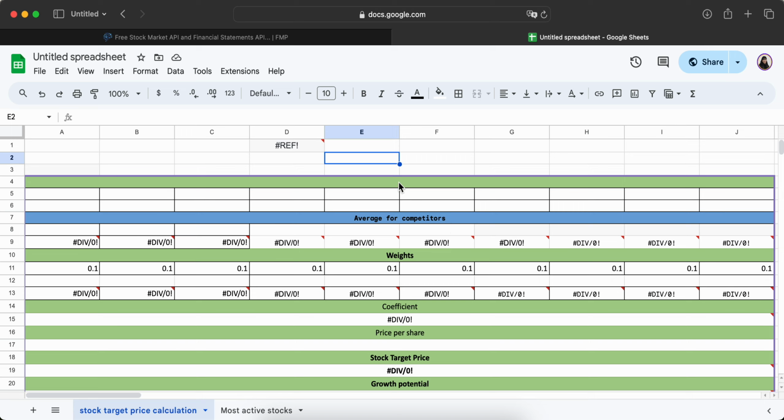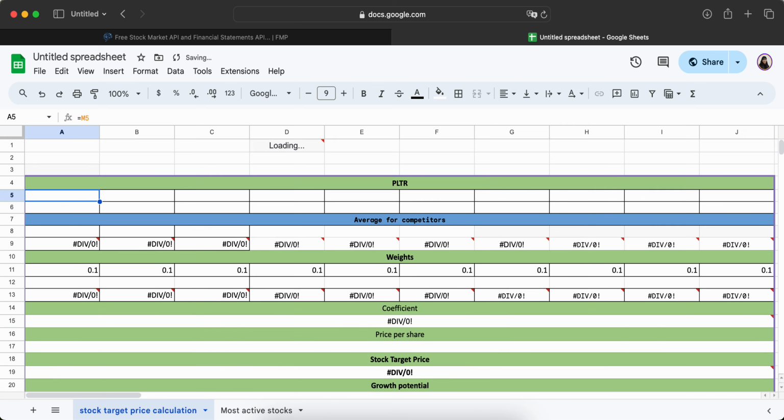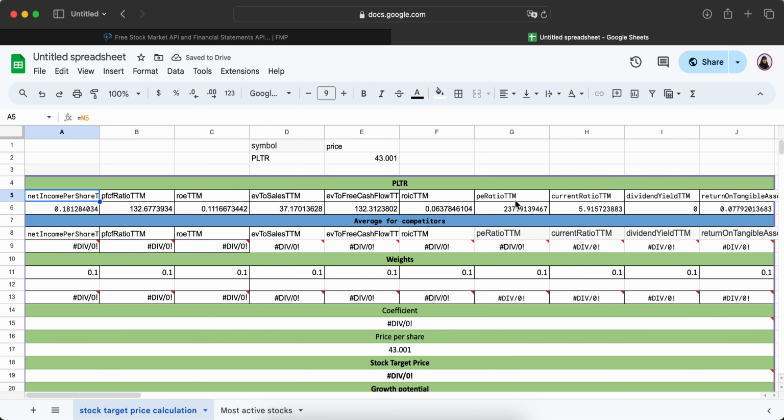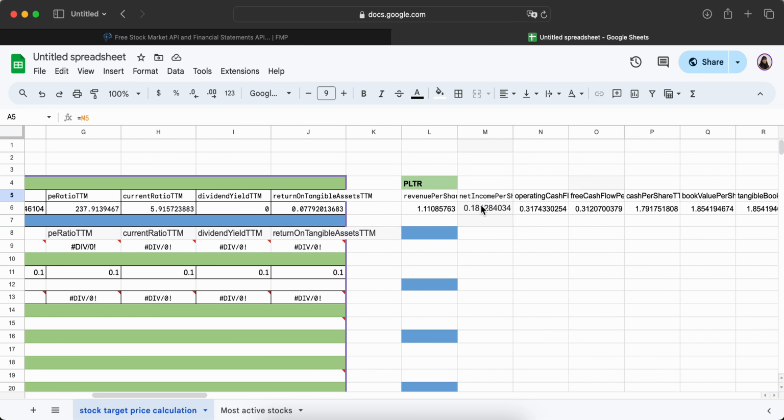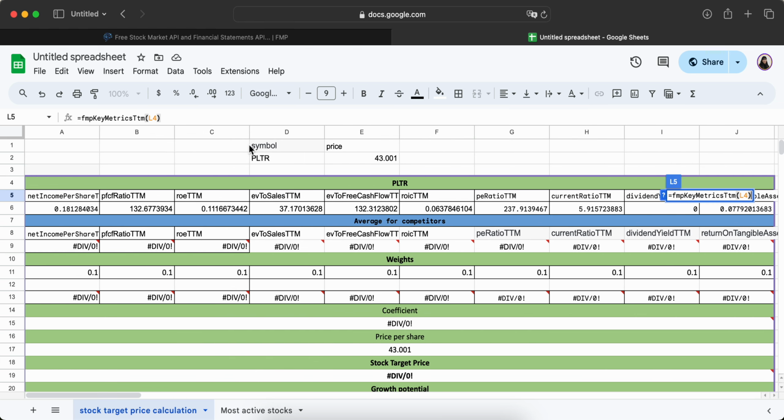So let's start. First, in this simple Google Sheets table, we type the Palantir ticker, stock ticker, PLTR. And as you can see, it is already here. The formula is simple, FMP key metrics, TTM. TTM stands for trailing 12 months. And then this L4 is simply our cell where we inputted the Palantir shares. There is another formula as well for the stock market price. This is the real-time price of Palantir shares,